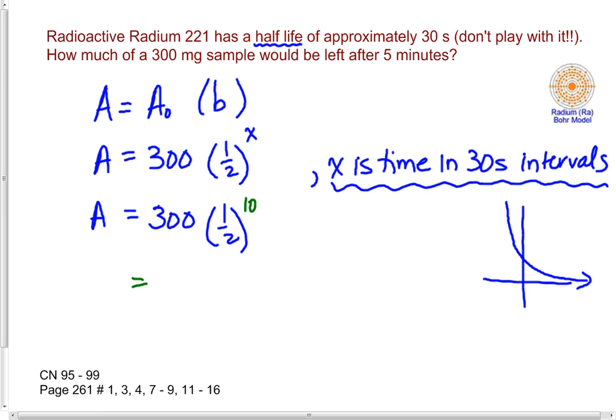Decimal 03. So it disappeared very quickly. This was milligrams. Sorry, put an extra 0 in there. Decimal 3